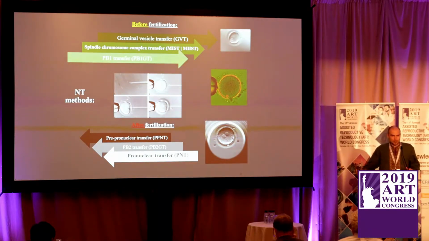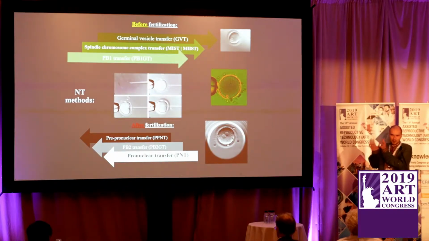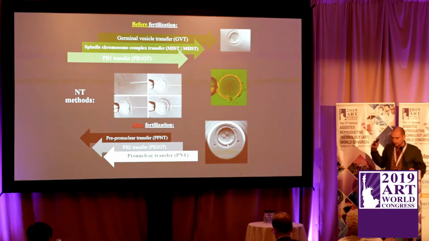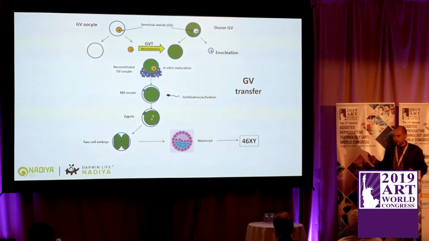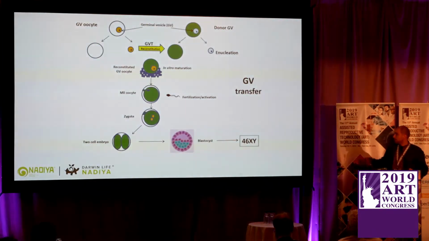So that's my favorite phrase here. The basic principle of all nuclear transfers is just the same. You need to cut and paste. You need to remove the genetic material from your donor cell and throw it away somewhere, or even keep it, and put the genetic material of a patient inside a donor cytoplasm. And that's all. It's the basic principle for all types of nuclear transfers, and briefly we'll see the schemes for each of them. So for GV transfer,